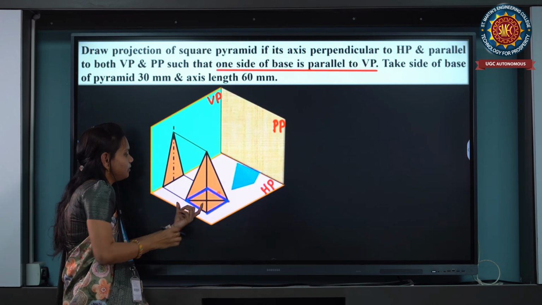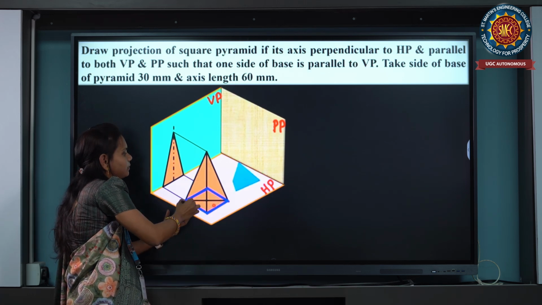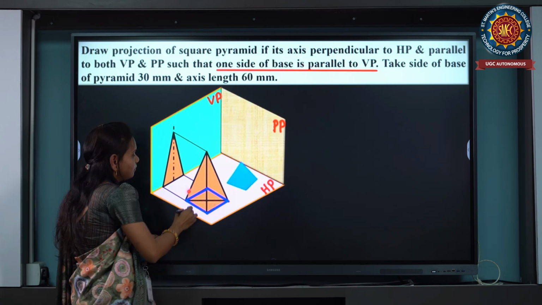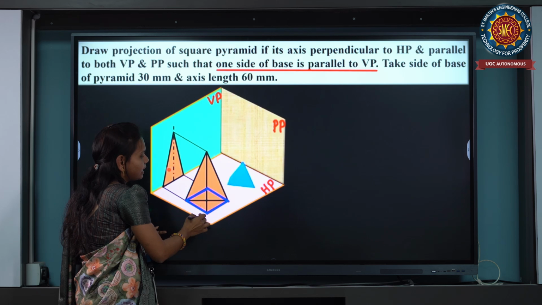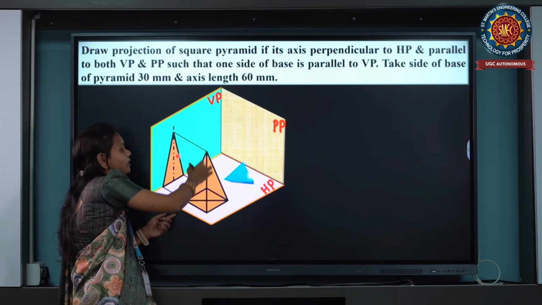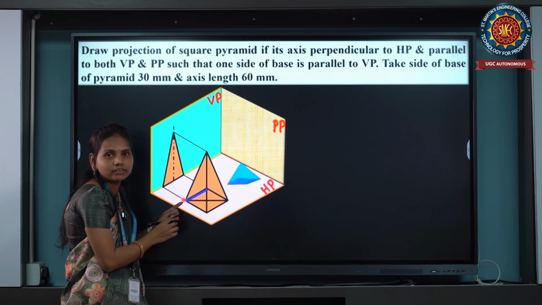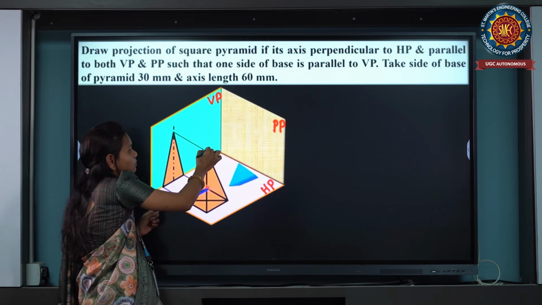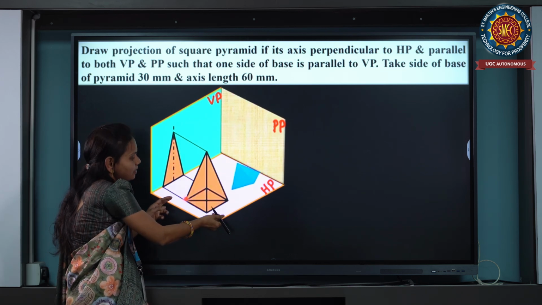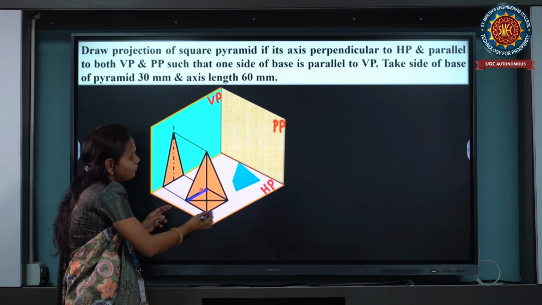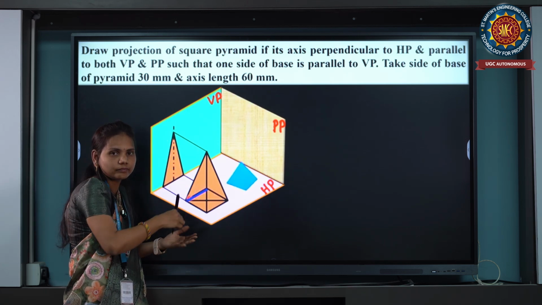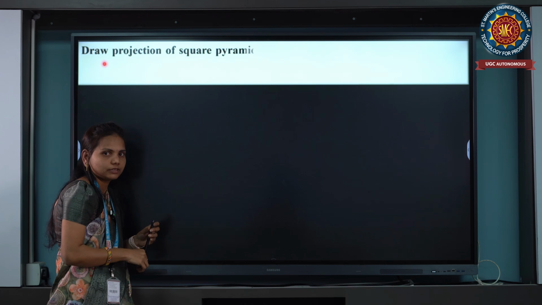and in the paper we should mention the diagram like this. So this is the square pyramid, and we mention all dimensions A, B, C, D, and the pyramid has all corners meeting at one point, we discussed that, right? So in this O dash, this is the top view and this is the front view. So the front view will look like a cone and the top view will look like a square. Thank you.